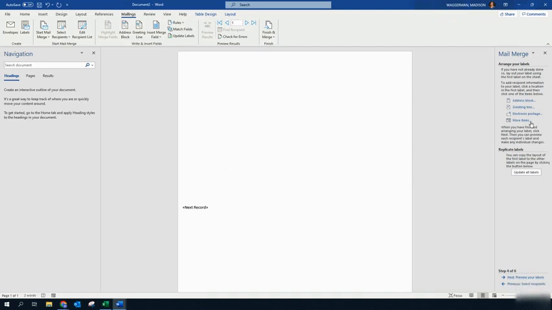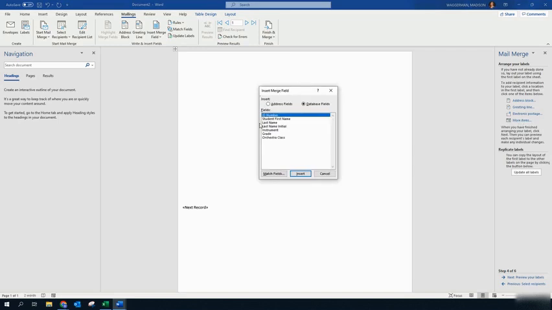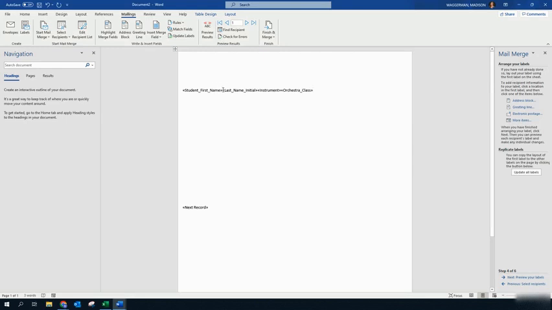Now arrange the labels. So to get our labels started, let's add some space at the top. We're going to do more items. I would make sure in database fields, I would like student first name. I would like the last initial, the instrument, and the class. And then that's all I want. So now I need to make sure there's a space in between the first and last name. I'm going to go over, add a dot, a period, do a little bit of enter,